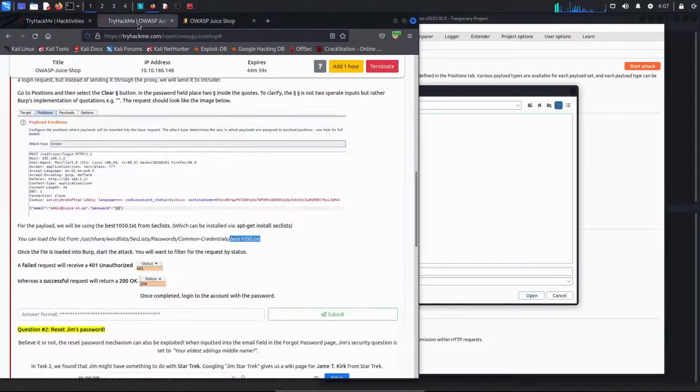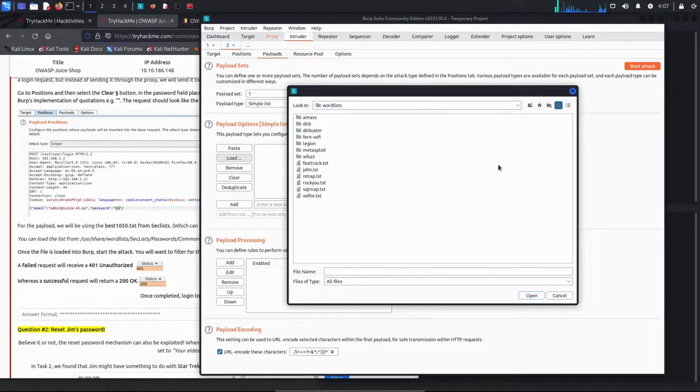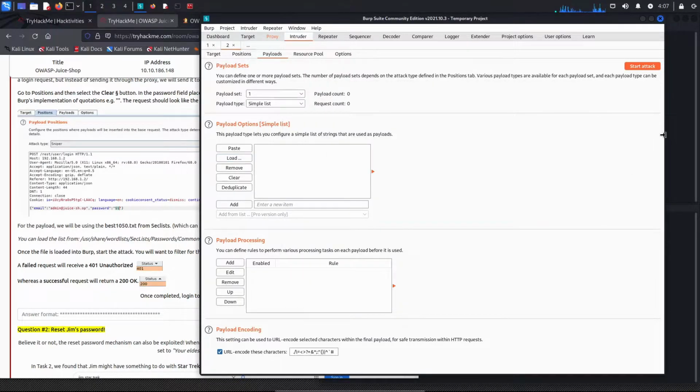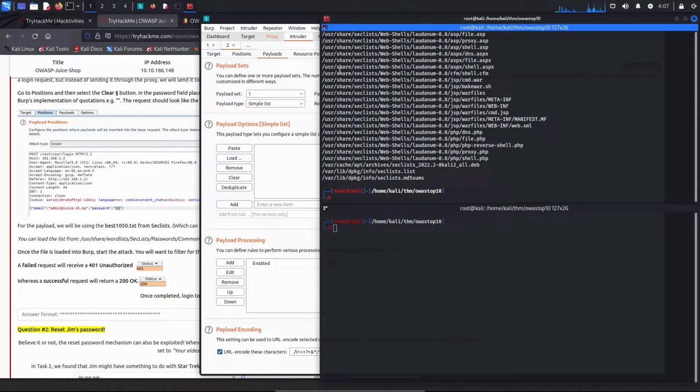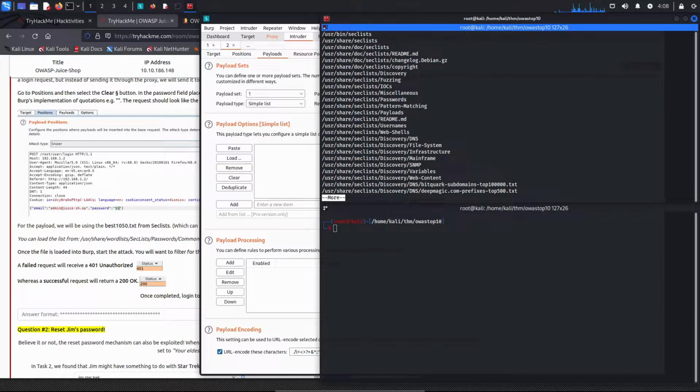Let me see if I get the right path. usr share wordlists SecLists, and it's not using the same path, so let's just locate SecLists. Okay, so this was installed in a different path.